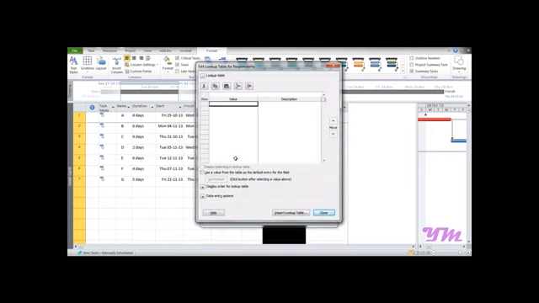Now we need to add the names over here in the value column. So let's add Jack, press enter, then we have Alan, press enter, and finally we have Smith. You may also add the description over here if you want to. After the values are entered, that is Jack, Alan and Smith, close it